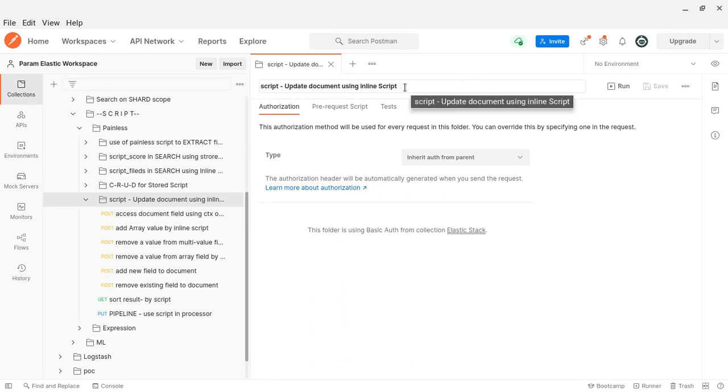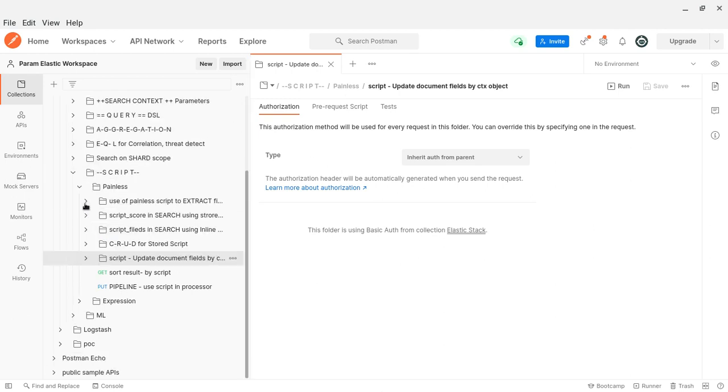Update the document field by the ctx object. Okay, that's over.